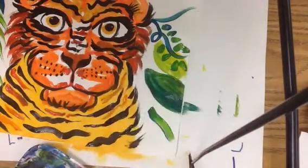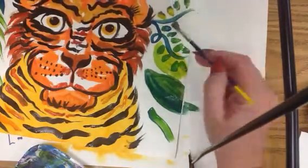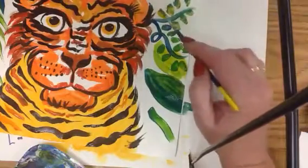This light plant's behind my vine now. Now I'm adding some more leaves on my vines, pressing in yellows and greens, and I'm just pressing. I'm letting my